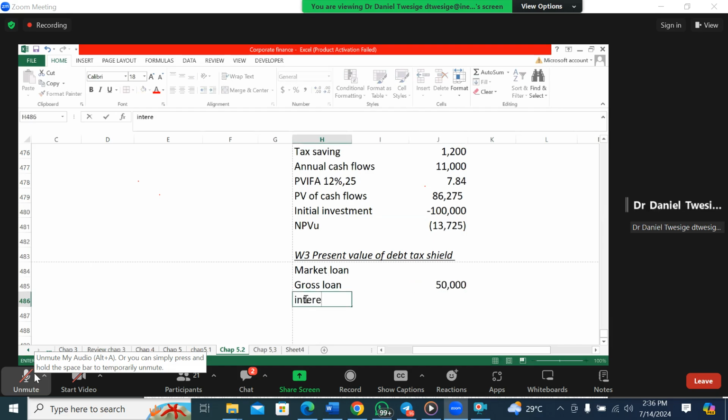Interest on the loan, interest at 9.5%, will be this times 9.5%. Then our interest tax saving at